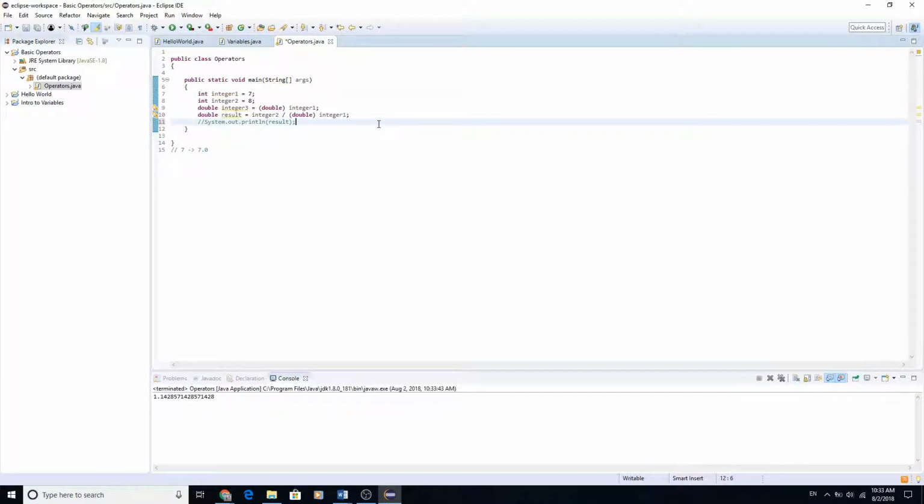Now let's do it with strings. So obviously you can't multiply strings, so really the only thing you can do with strings is add them together. So string 1 is AAA, string 2 equals BBB. I can just call string result equal to string 1 plus string 2, and if I print it out